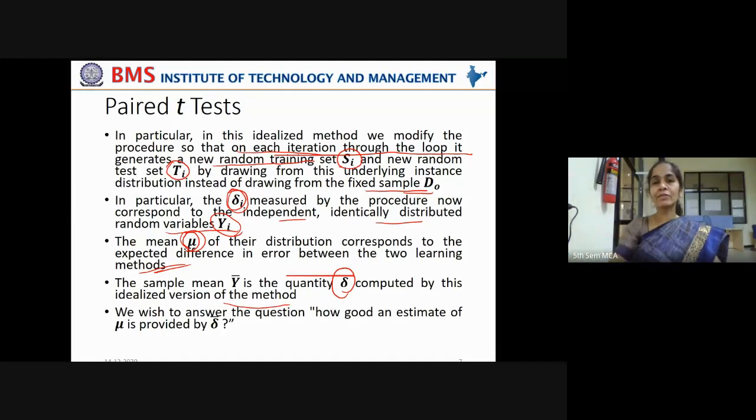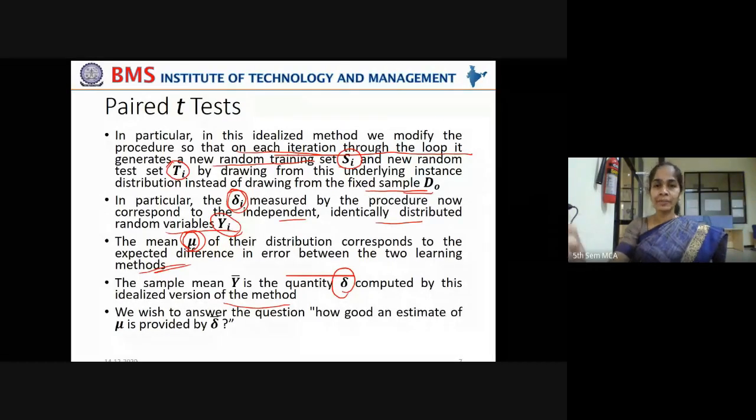Now you repeat this process. In the new sample, you take 80% as training set and 20% as test set. You get some delta error between the two learning algorithms A and B. Now again, mix it up. Randomly you take another training set, another test set. When you apply the two learning algorithms, you get the difference between their errors. That is your next error, delta 2. In the next trial, you will get delta 3, the difference in the learning algorithms in the third iteration.